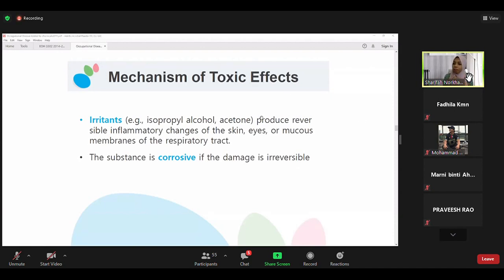For example, I have my experience. I've been working with acids during my lab work, and then I forgot to wear gloves. And then what happened was the acid went onto my skin. It creates corrosion. Corrosive means that suddenly it's like a burning to your skin. And then your skin changes, jadi dia macam darker skin, and then effects to the skin lah, the skin rosak dan sebagainya. So that is the corrosive reaction from the chemical, especially the acid.